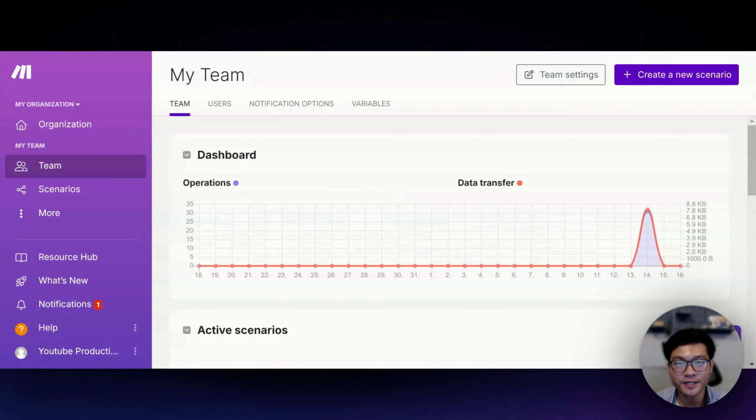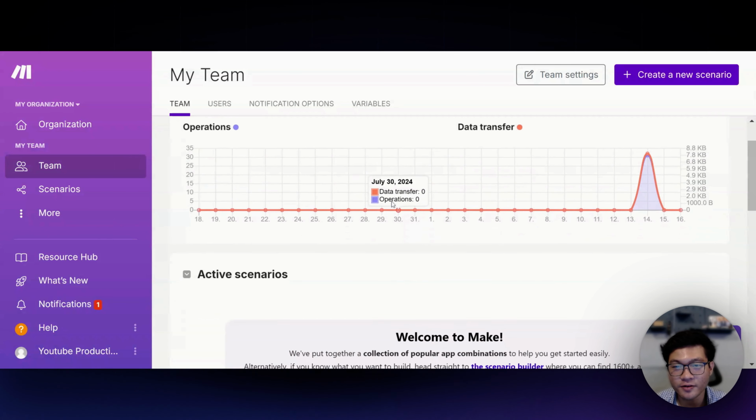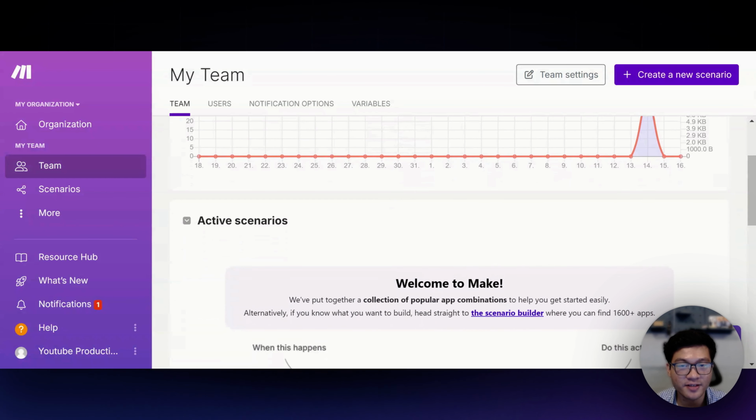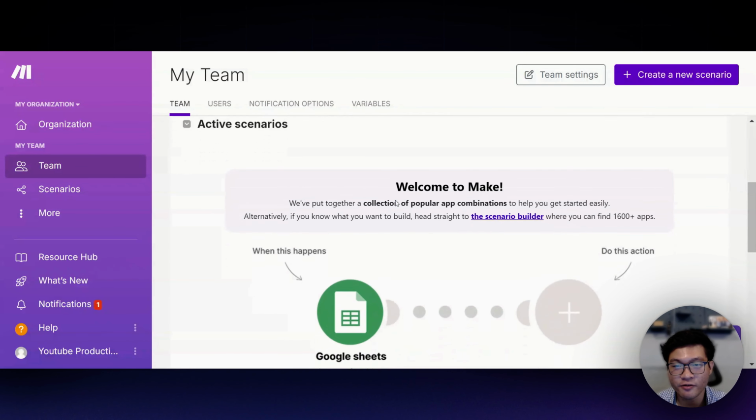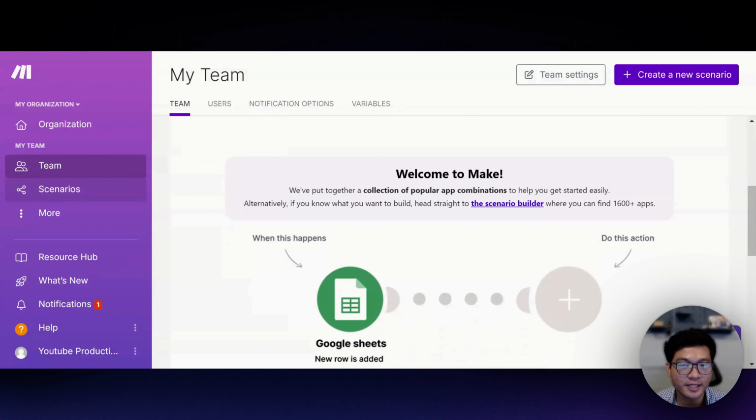So now let's consider the dashboard or homepage experience of Make.com. Make.com's dashboard is much more dynamic and visually rich. When you log in, you're greeted by a colorful, interactive interface that emphasizes visual design. So the homepage features a mix of quick start options, recent scenarios, and access to templates.